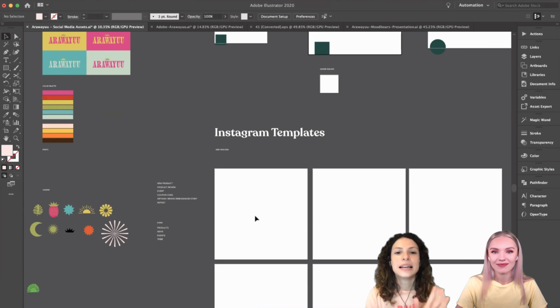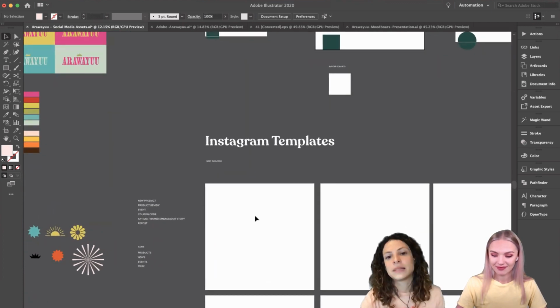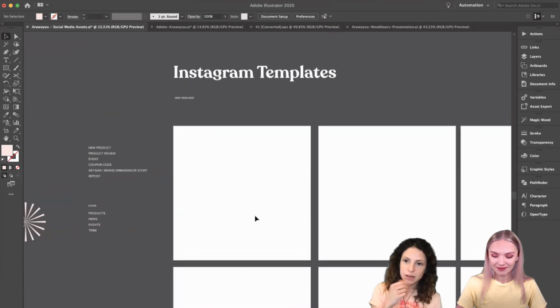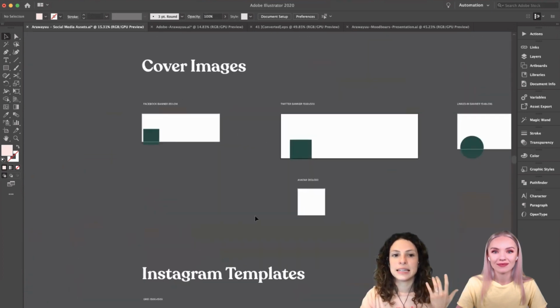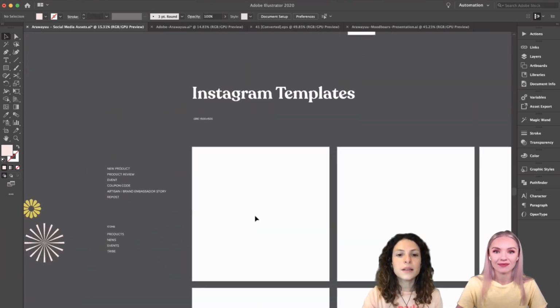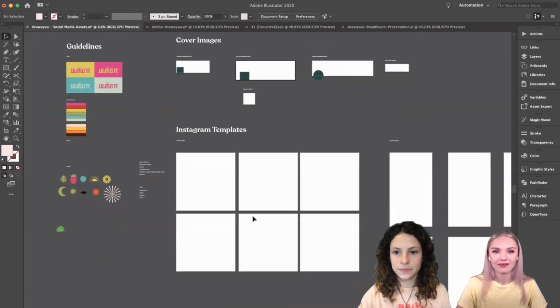But okay, so right after, let's start with Instagram templates today, because I feel that we're gonna get more things there that we can later translate into cover images. So one thing that I do is I set up my document.